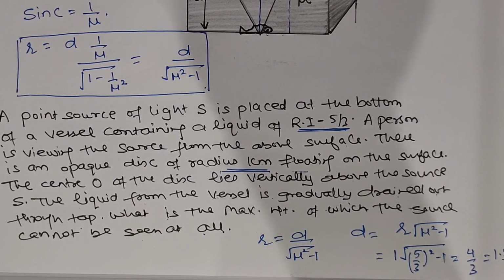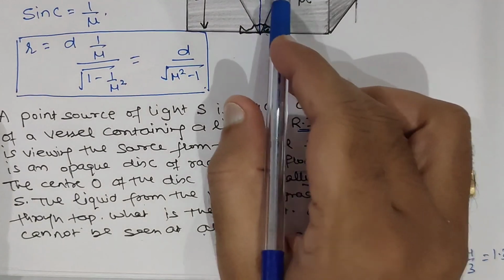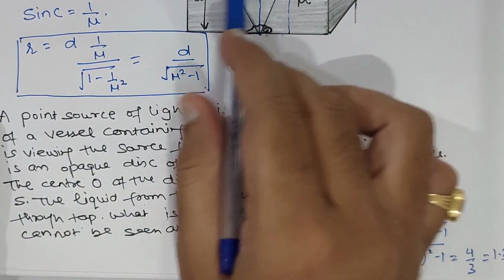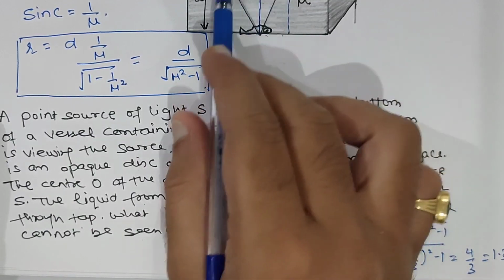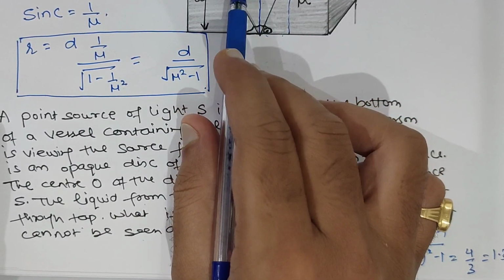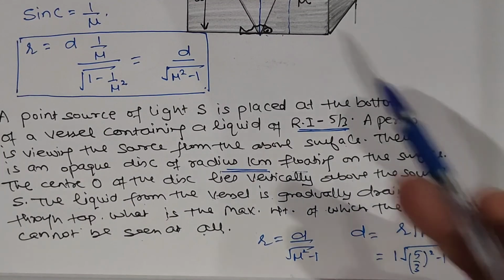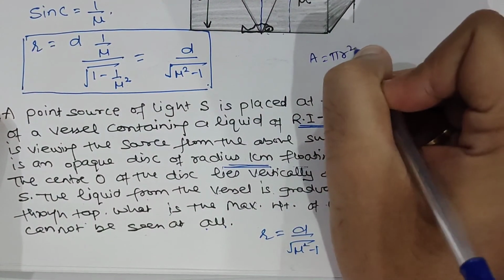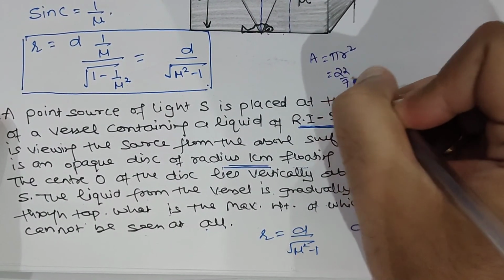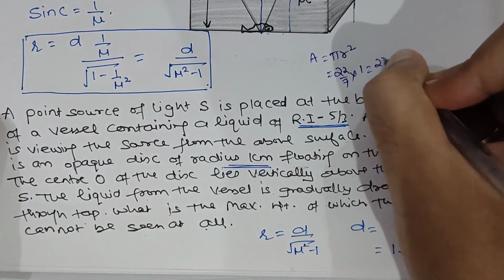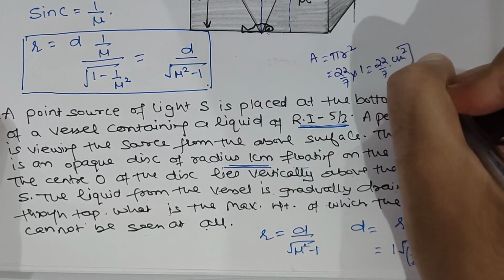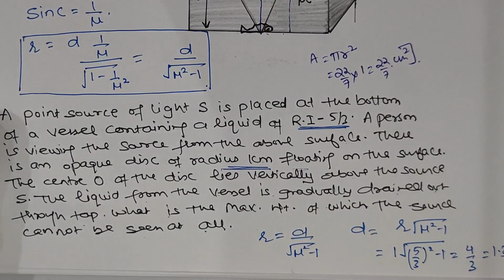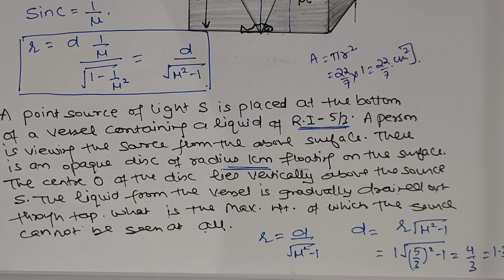Students, sometimes the examiner also asks you to calculate the area of the patch. This patch is in the form of a circular shape, so the formula for area of circle is pi r square. If you don't know the value of r, you can easily calculate it. So area is pi r square. Now put the value 22 by 7, and the radius is 1 centimeter. So the area of the patch is 22 by 7 centimeter square. Try this type of questions more and more, because these questions are important.